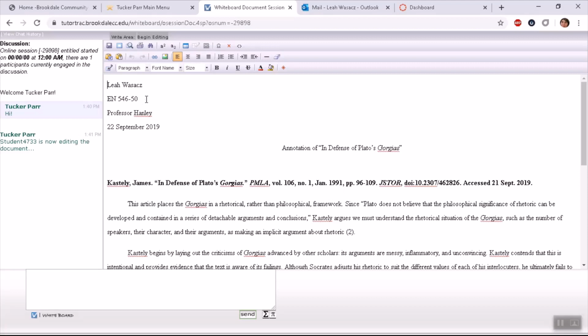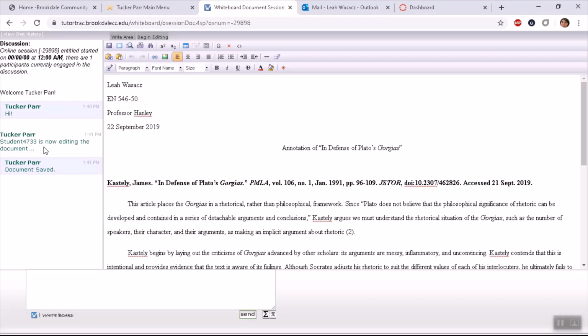Then, you must hit the Save button in order for your tutor to be able to see it. Anytime that someone is making changes to the right area, they have to hit Save once they're done, or else the other person won't be able to see the changes. So make sure to hit Save. Whenever you take control of the right area or hit Save, it will show up in the chat log, so that your tutor knows what you're doing.